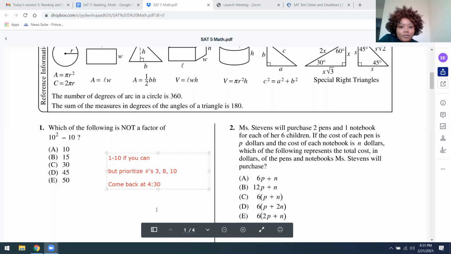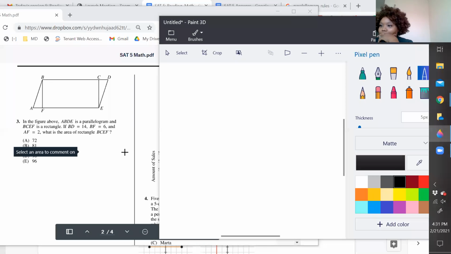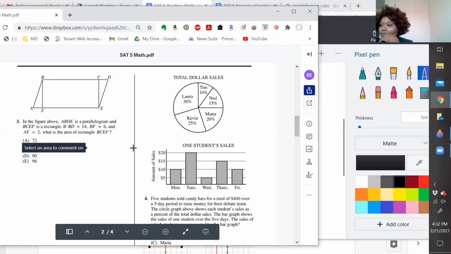I'm going to switch to this different computer. Okay, so